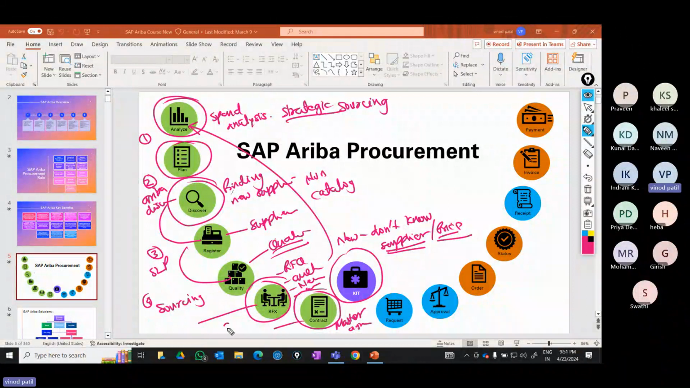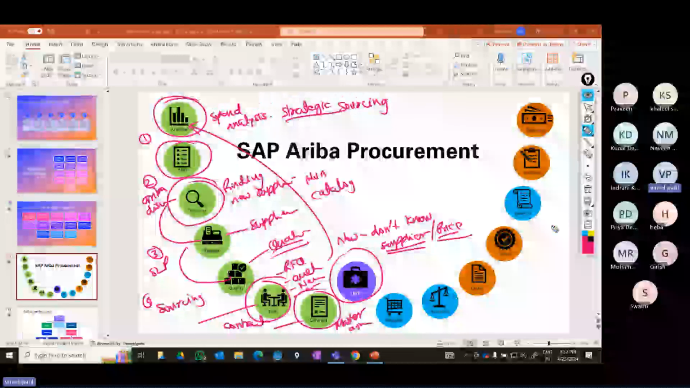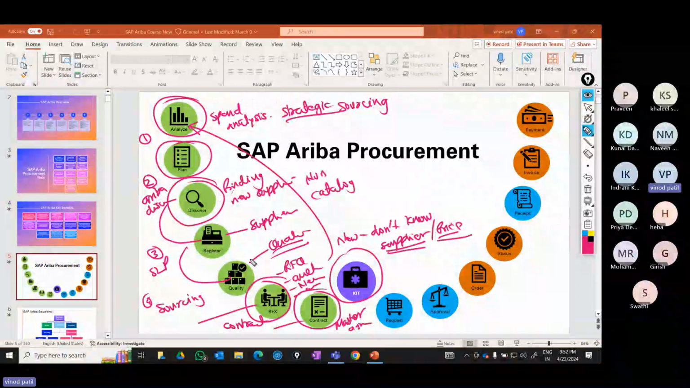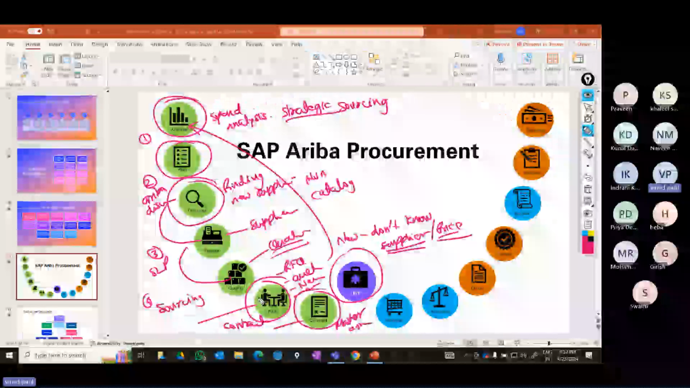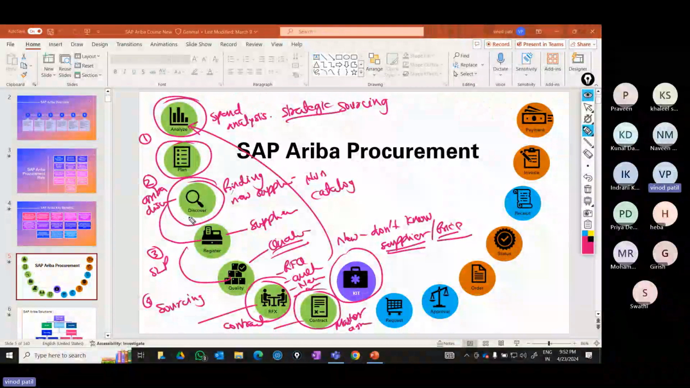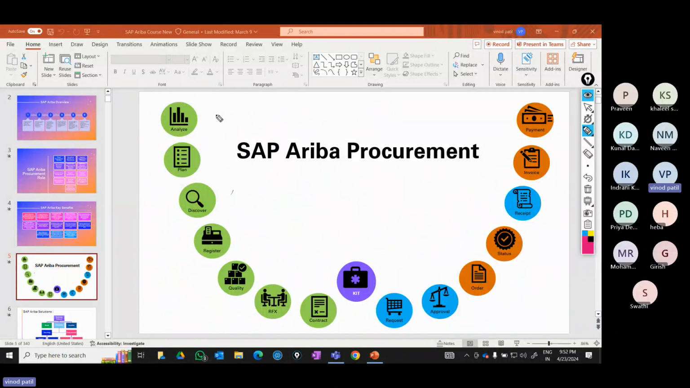Fifth will be contract. Now these are a complete set of end-to-end processes. Every module contains a set of end-to-end processes. We will be having 5 modules in upstream or strategic sourcing and 3 modules here in the downstream, buying and invoicing. So simply you can say 5 modules of